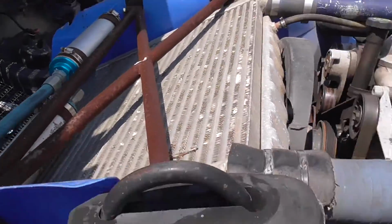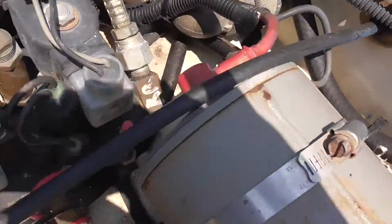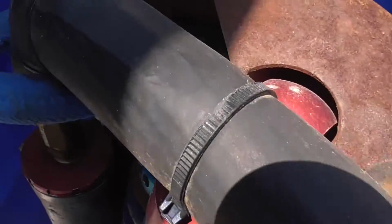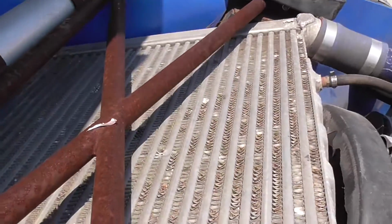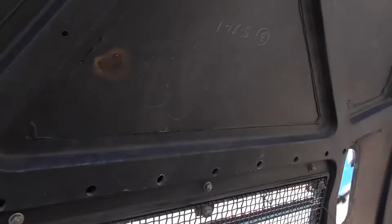Slow and steady wins the race sometimes, and when you're dealing with a rally that intense and dangerous, it's really the best thing. And you can see the roll cage I was talking about. It extends from the cabin all the way down by the engine, protects the engine, and comes all the way up here around the suspension. You have these kind of guards here going across the radiator to protect it from any damage, keep the engine nice and cool. So you have the hood up there, all original,